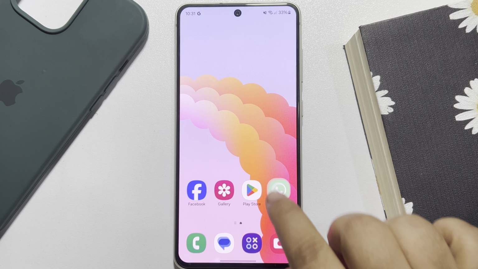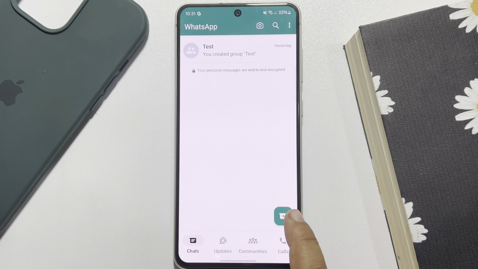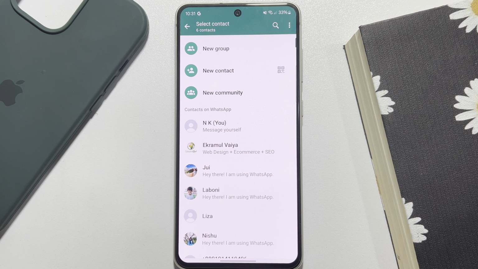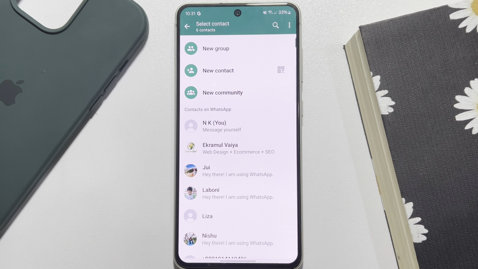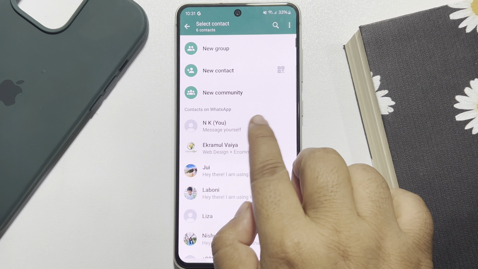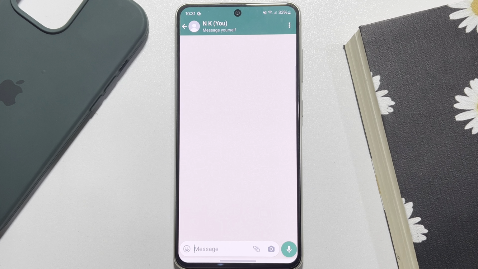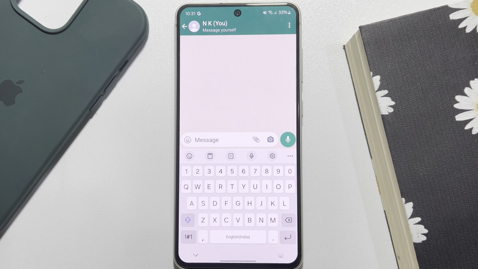Now launch your WhatsApp and tap on the new chat button at the bottom right. At the top of the chat list or contact list, you will find Message Yourself. So open the Message Yourself conversation, and here all you need to do is